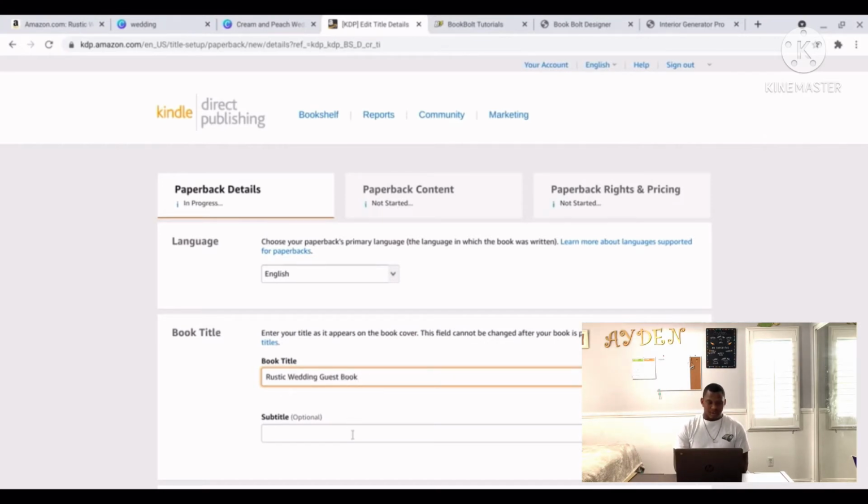So, rustic wedding guest book, and then subtitle. This is where you put in the detailed descriptions, you put in some more keywords that identify your book, things like that. I like to separate mine with that little hash line. I think it looks very clean, very professional. Give as much detail as you can about your book